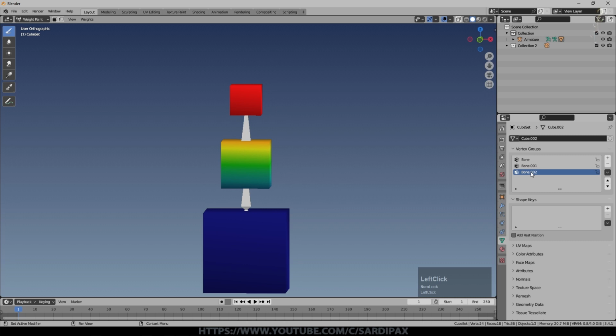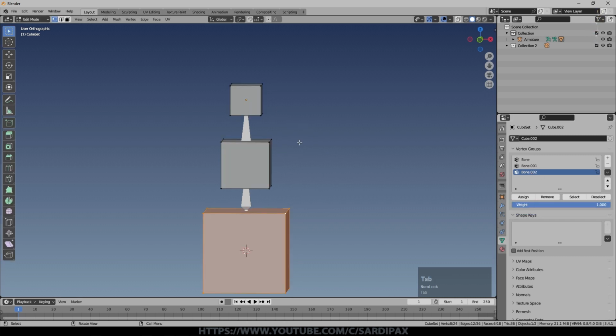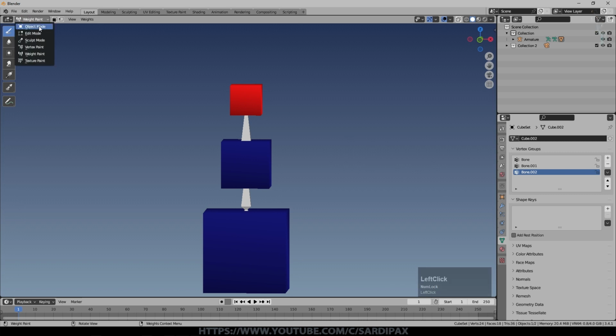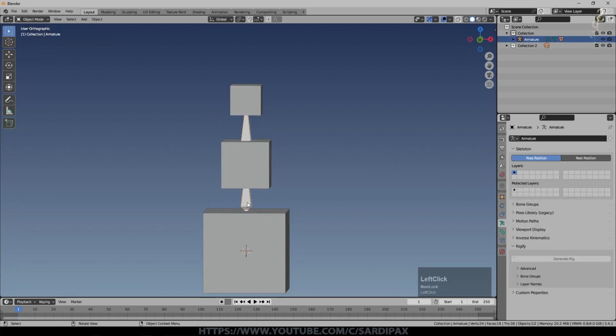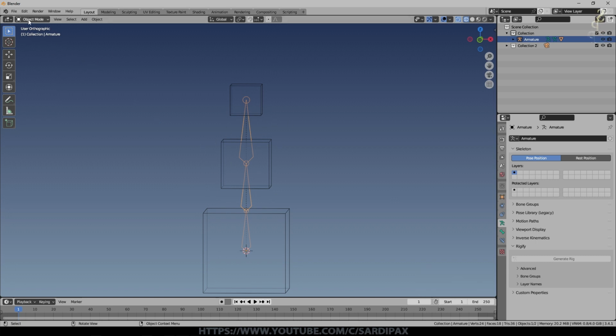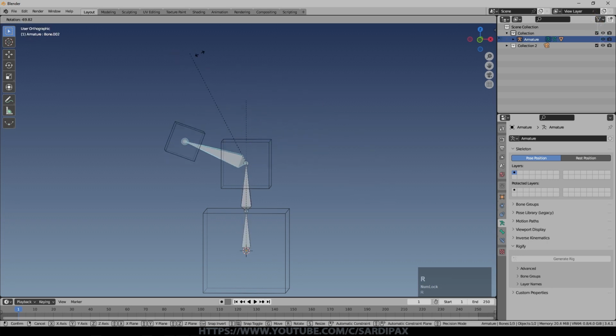The others, fine. So we just go to bone 2, go to edit mode, just make sure there's nothing selected for the bottom cube and make sure there's nothing selected for the middle cube. And we already know the top cube is fully selected. So now if we come back to object mode, select our armature, we'll go into wireframe so you can see it more easily, although you can have these set so that they're in front of all objects, and then go into pose mode. We're now just affecting individual elements.